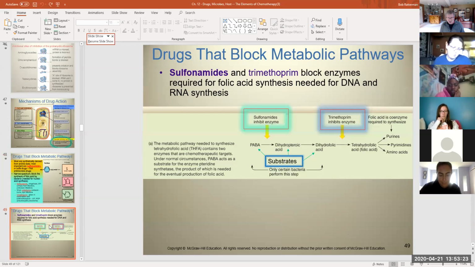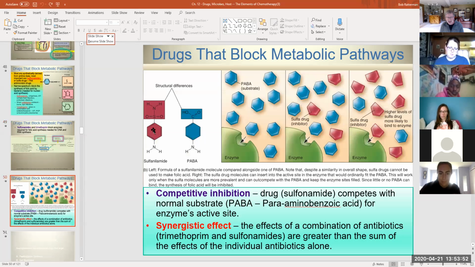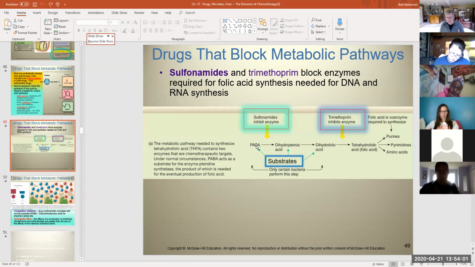Now, we did talk, if I remember, on Thursday, quite a bit about this pathway, didn't we? And so the reason I think it's helpful to know those two is because we talked about them. The sulfonamides impact the early part of the process while trimethoprim comes in a little bit later. Do you need to know all these intermediate molecules? No. Should you know what PABA is? Yes, because that helps you better understand how sulfonamides act as competitive inhibitors with PABA. So I think you should know that PABA is the precursor substrate, which leads to the eventual formation of